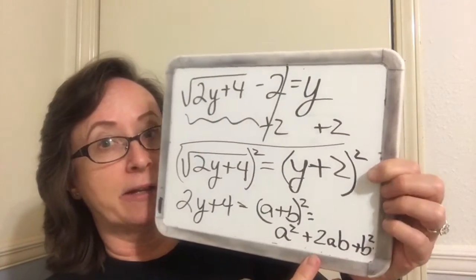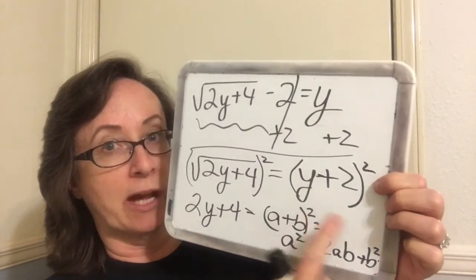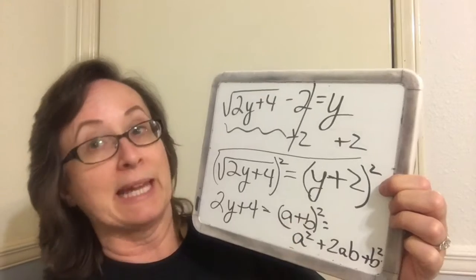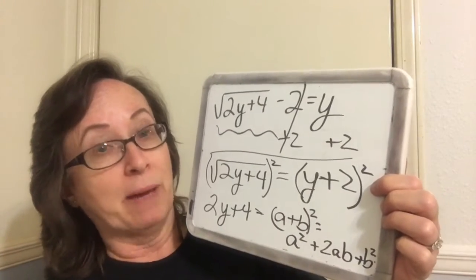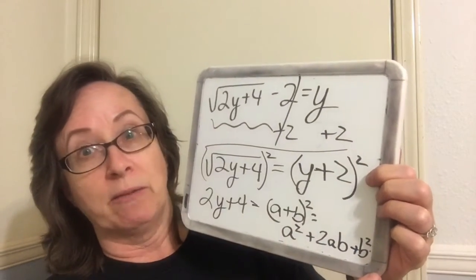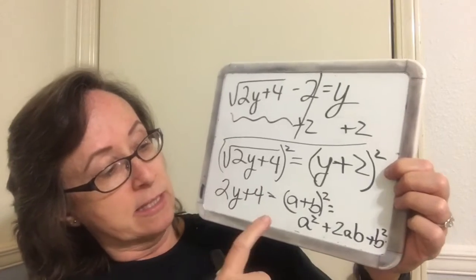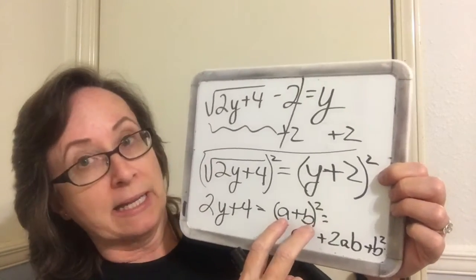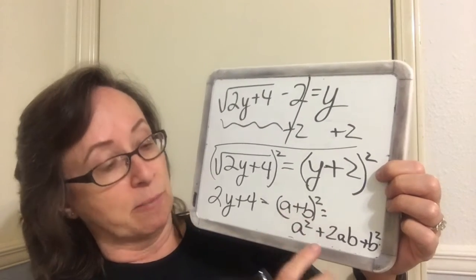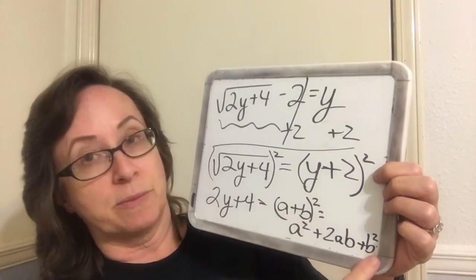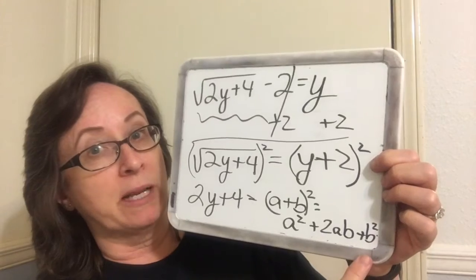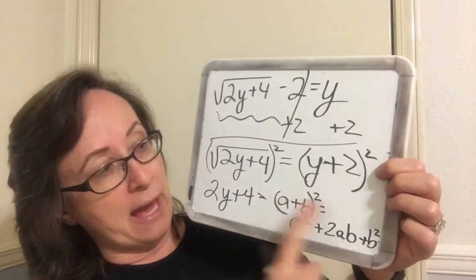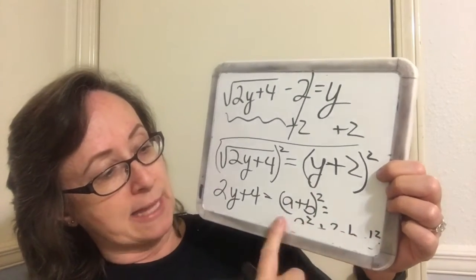Way back in our polynomial chapter, we were taught this factor. Now, if you take a plus b and multiply it by a plus b, this is what you get when you FOIL it. Okay, so remember, I always say the first term squared, the product of a and b doubled, and the last term squared. So that's the formula that we're using. This is the pattern. So now we're going to erase that,